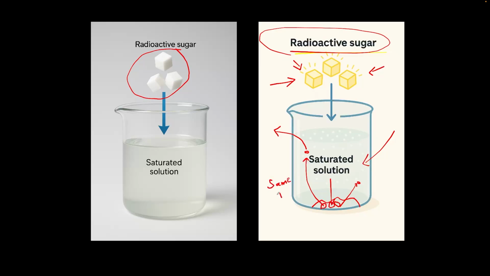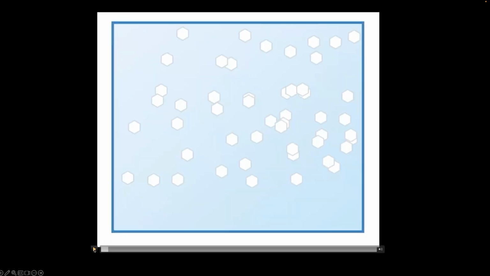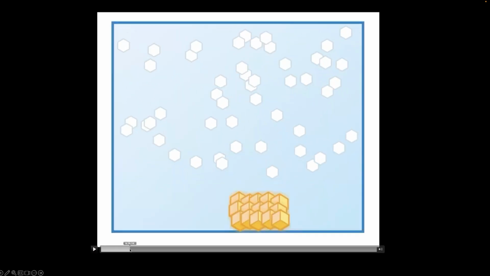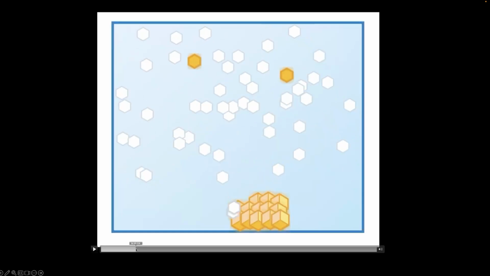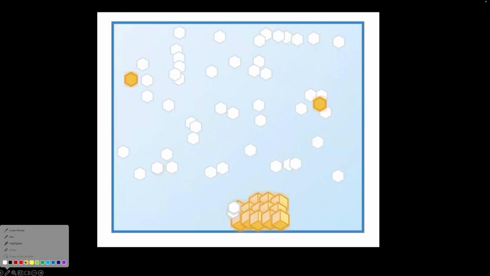So that is how we can figure out whether this is dynamic or not. I have a simulation for you to understand this better. Let's watch it. Here we have a saturated solution and now we'll drop some radioactive sugar inside. Now let's observe what happens. As you can see, we have some radioactive particles, and obviously this is another animation, but in real